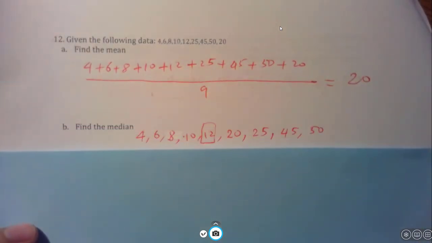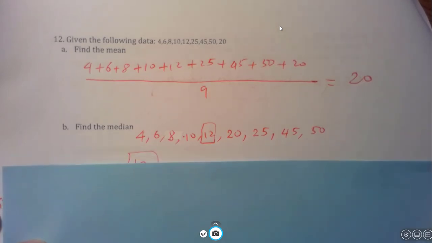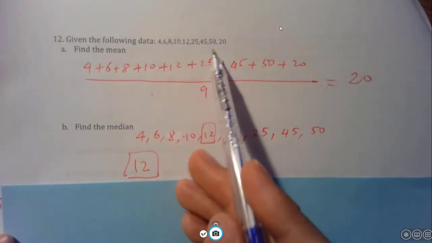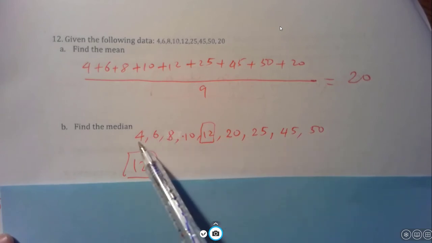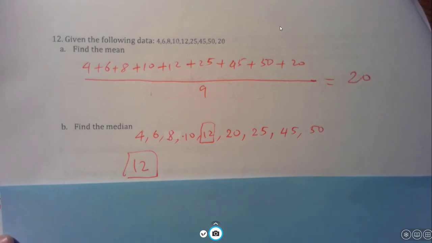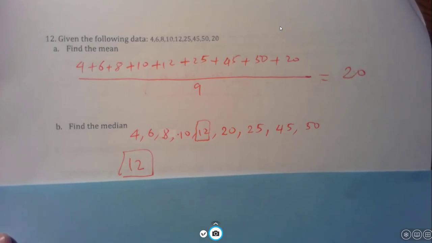The median. Before we can find the median, we must rewrite the numbers from smaller to larger. So 4, 6, 8, 10, 12, 20, 25, 45, 50. Now the median is the middle value. Make sure you write them in order from smaller to larger. And then to find the median, which is the middle value of the data,